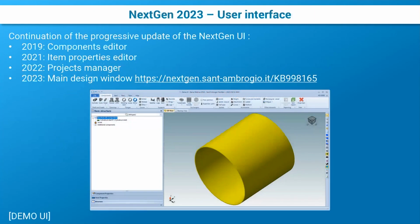As for NextGen 2023, the biggest update that you probably have noticed is the user interface update, and we are continuing a progressive update of the NextGen user interface to make it more modern and more discoverable in terms of features. We began this process in 2019 with the components editor. We then updated the item properties editor in 2021, and then the project manager at the beginning of last year. And then this big update that we have included in the 2023 version